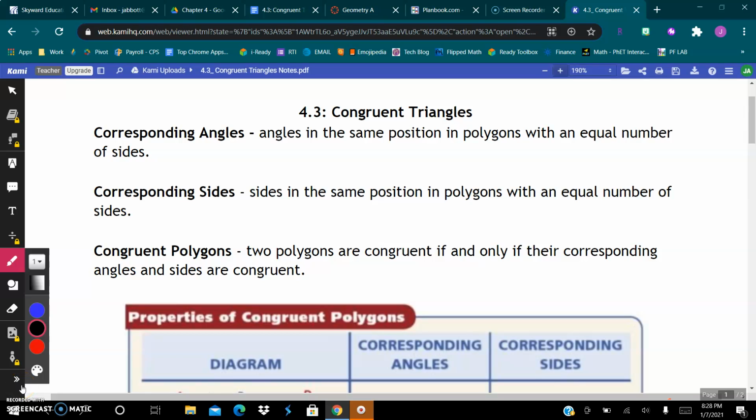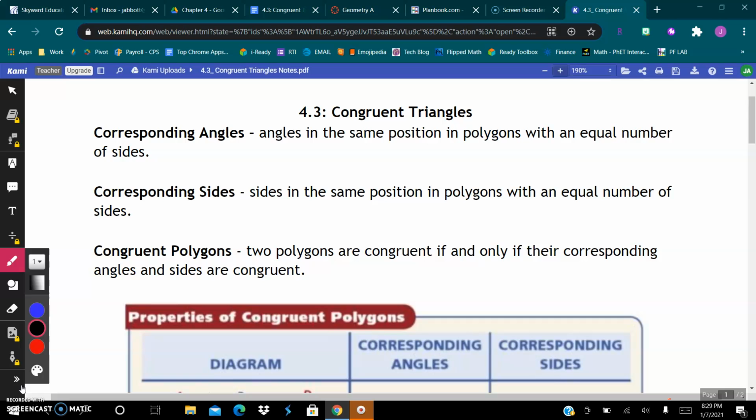For section 4.3, we are going to look at congruent triangles. So we're going to start off with 3 vocab words here. The first one is corresponding angles. Corresponding angles are angles that are in the same position in polygons with an equal number of sides. And corresponding sides are sides in the same position in polygons with an equal number of sides. And then congruent polygons are 2 polygons that are congruent if and only if their corresponding angles and sides are